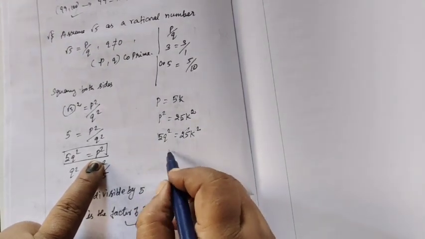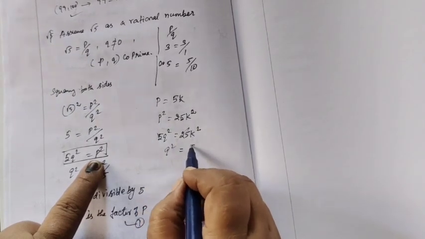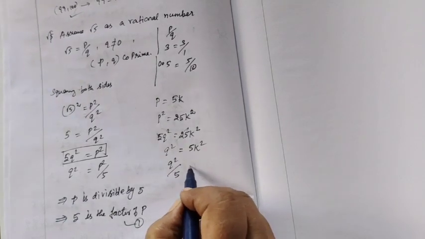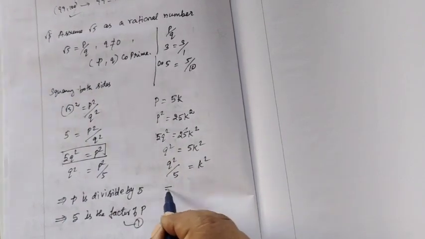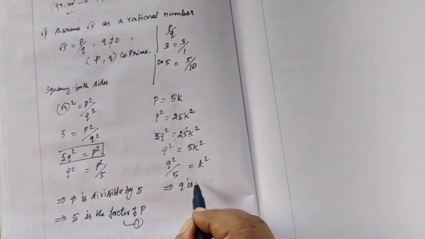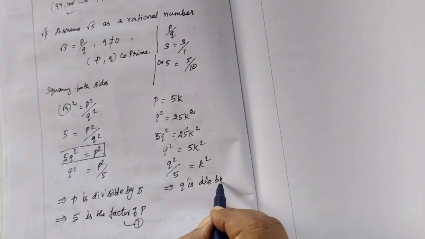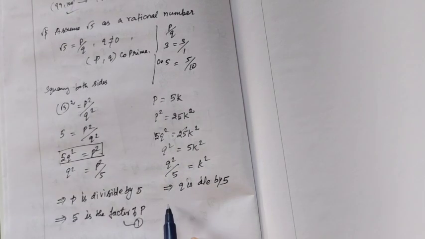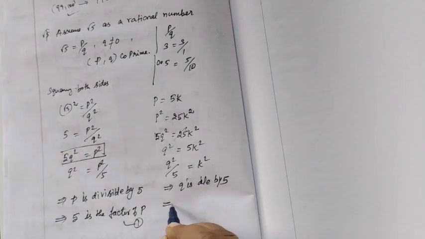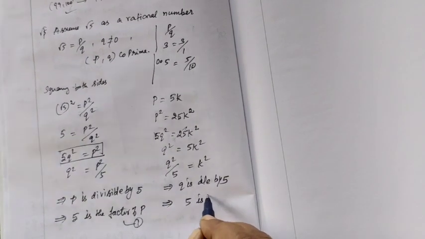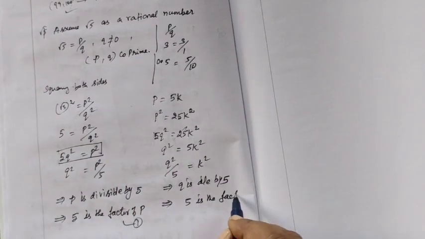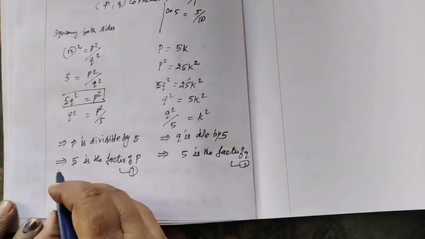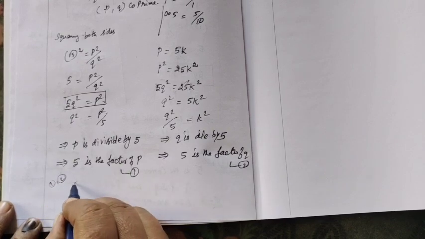So Q squared equal to 5K squared, or Q squared by 5 equal to K squared, which implies Q is divisible by 5. Q squared is divisible by 5, or Q is divisible by 5, which implies 5 is a factor of Q. Mark it as 2. So from 1 and 2,